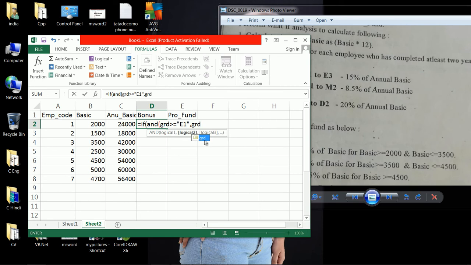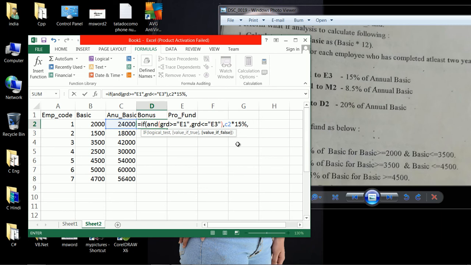Okay, then only it will be successful. Less than or equal to "E3", then bonus should be 15% on annual basic. Annual basic is in C2 into 15%, comma. Let us give the next condition.